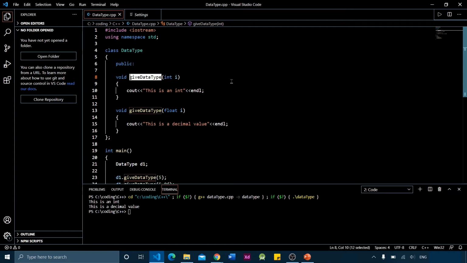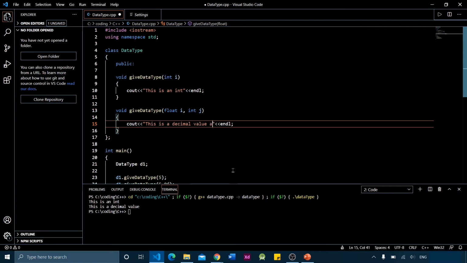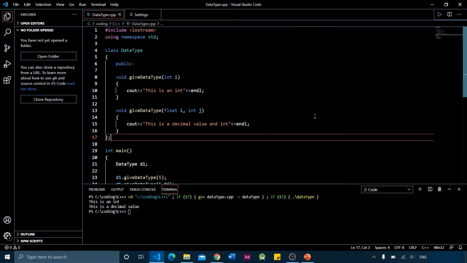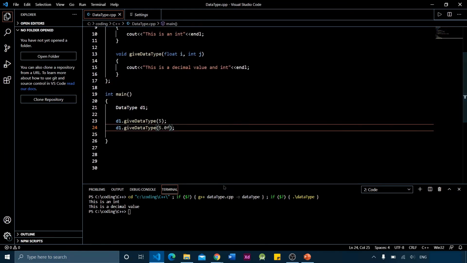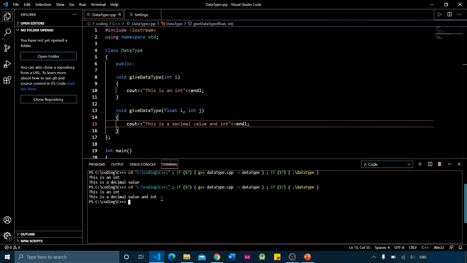To perform function overloading, you either need to have different types of arguments or a different number of arguments like this. Now we can see our desired output here.